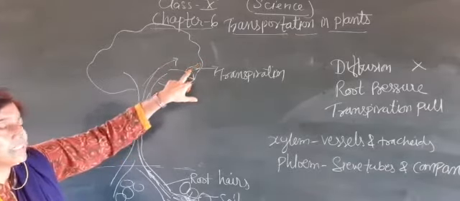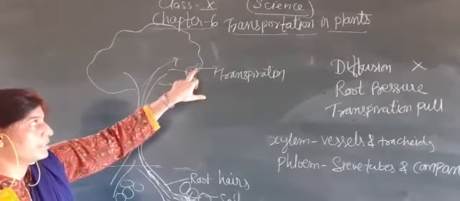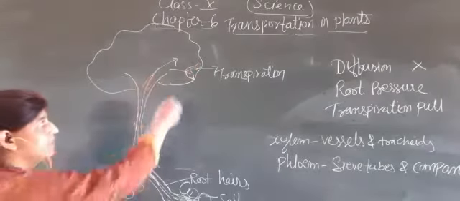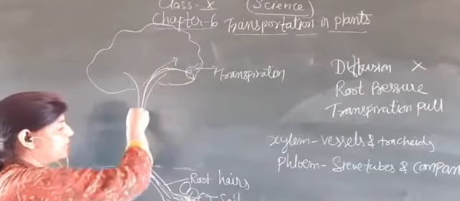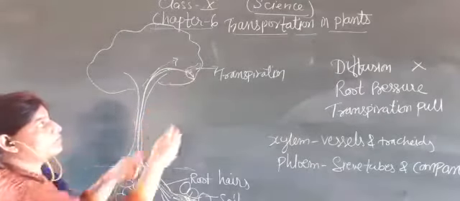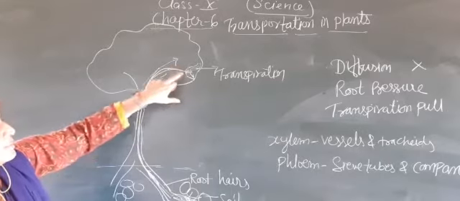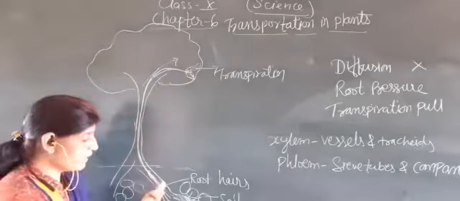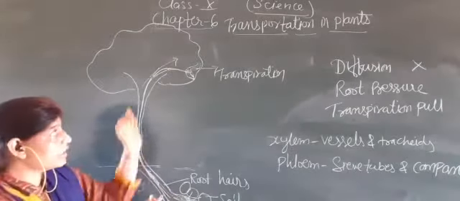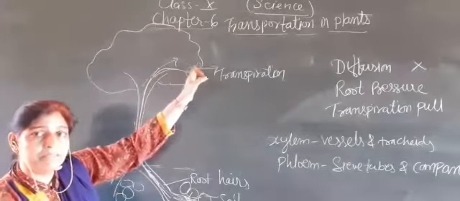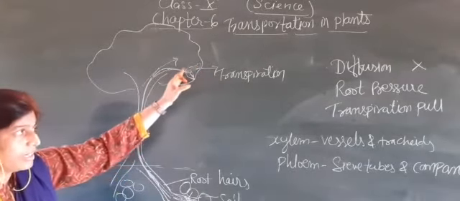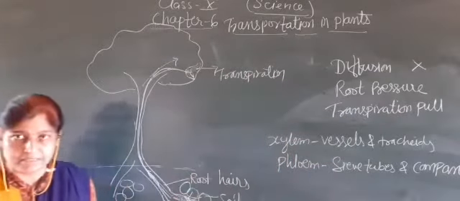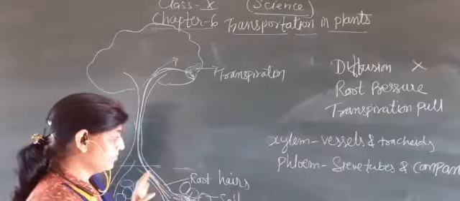So a deficiency of water develops in the xylem of the leaves, and the xylem of the leaf is continuously connected with the xylem of the stem and the xylem of the root. So the xylem of the leaf transfers this water deficiency to the xylem of the shoot and to the xylem of the root, so that water is easily taken in due to the transpiration pull developed in the leaves. The transpiration pull is sufficient to transport water in the tallest plant, even 200 meters in height.